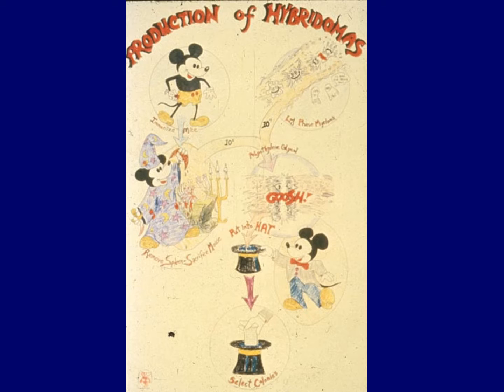So clearly hybridomas were very important, and here's a slide that was made for me by an artist that Lee met at the University of Wisconsin, and he put the slide together because I was going to China to tell them about making hybridomas. It was in the early